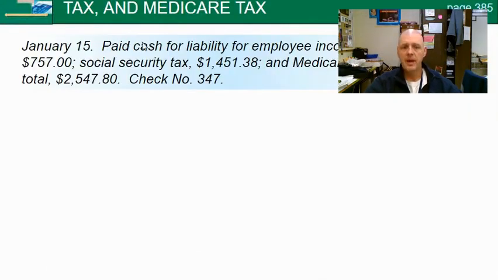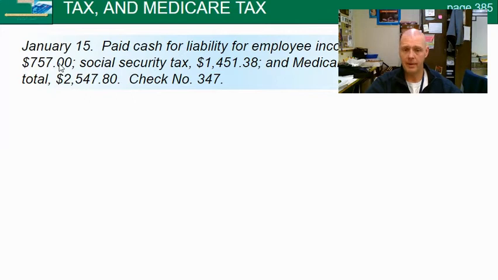Transaction: paid cash for liability, right? So paid cash pops up and Hoffman knows he's got to do his job. We're paying the liability. We've been holding on to the taxes, and we now need to cut the check. Paid cash for the liability means there's a bucket of employee income tax payable with $757 sitting in there. We've got to dump that bucket out and make this liability go to zero